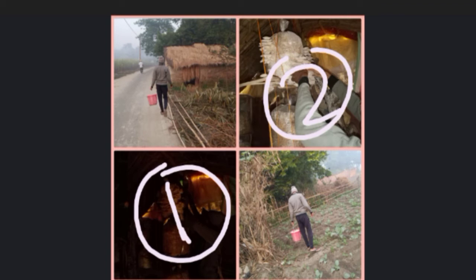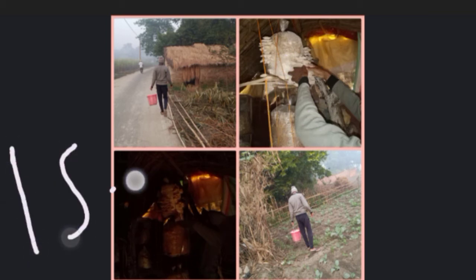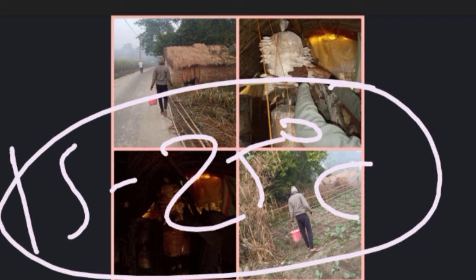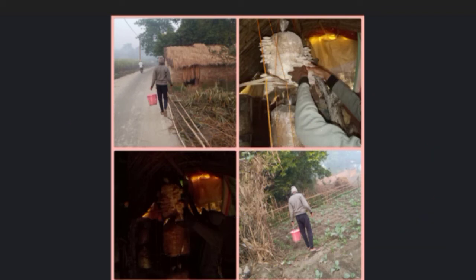In this we controlled the temperature; 15 to 25 degrees Celsius is favorable for mushroom growth. That was the winter period when we prepared the bags, the time for wheat sowing. And on the paddy harvesting time there was summer. So we prepared the bags.